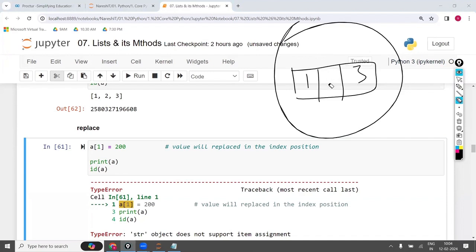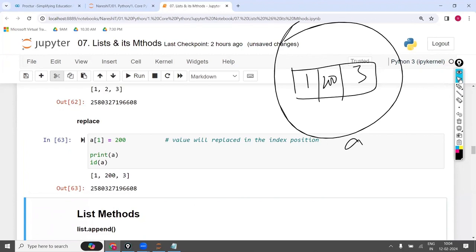How is it going to replace? First it will erase the previous value and fill in the new value. In the same object, it will go inside the object and do the modification, and you get the output like this. Is the point clear?